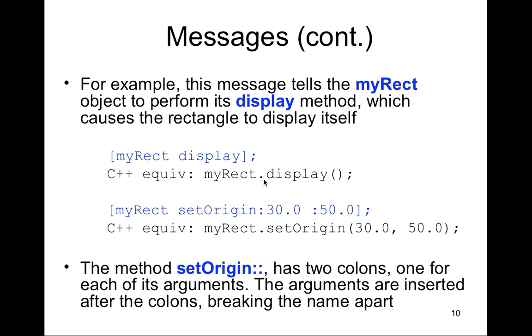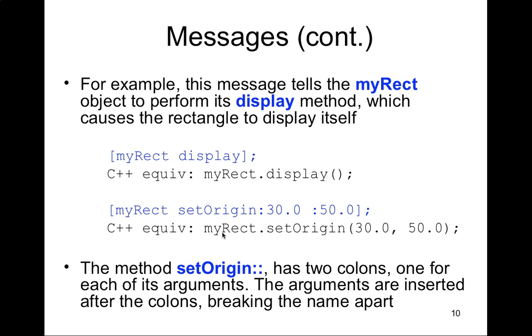So this is where that dot notation is coming into place. And then we have myRec set origin. And you're like, okay, this is the new part. So we're running the method and we're sending it now, in this particular case, 2 parameters. Parameters are separated by the colons. And this is confusing because the method doesn't look like this. There's stuff in between. So it has 2 colons, one for each of the arguments, and the colons go right before the arguments. So set origin colon 30.0 space colon 50.0 is equivalent to 30.0 comma 50.0, which is the